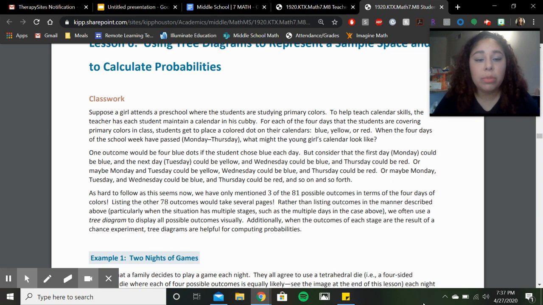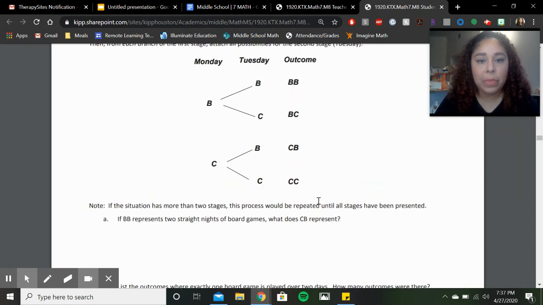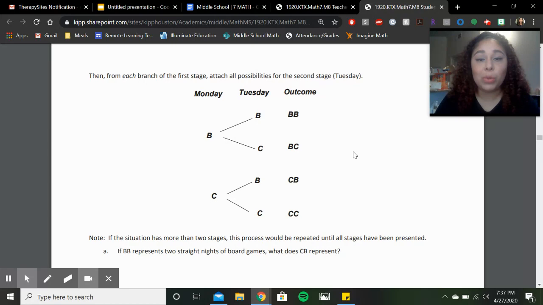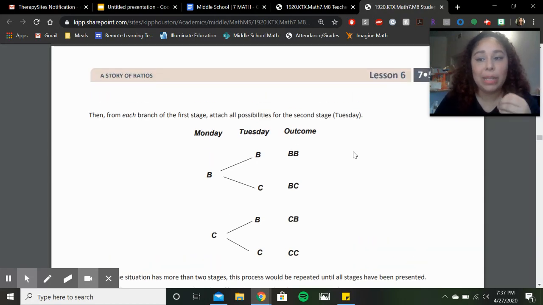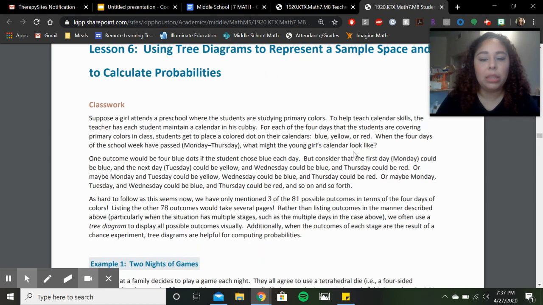You are going to be introduced to a tree diagram, which looks something like this. And I will explain what this means in a moment. But you are going to use sample space. So it's really, really important that we get sample space down. You're going to use sample space in order to create a tree diagram. And later on, you are going to be able to not